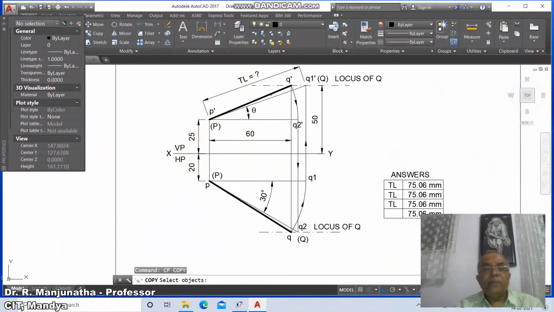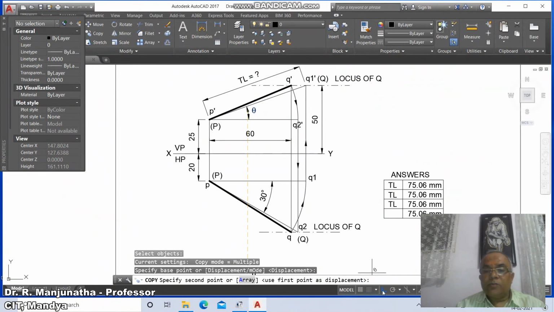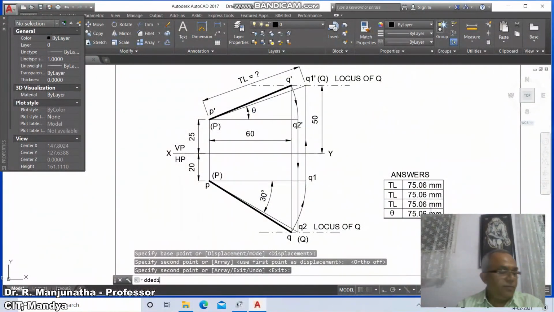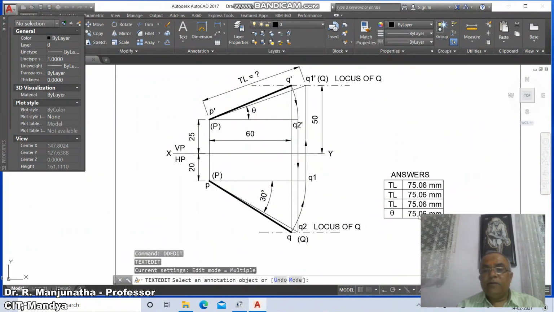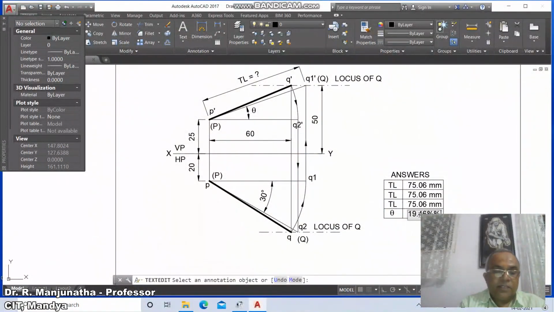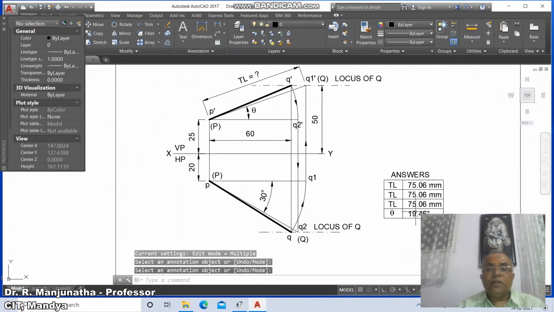Then go to copy, select this, and go to ortho mode off, to type theta here. So this theta will be 19.406 percentage d. So you're going to get this.